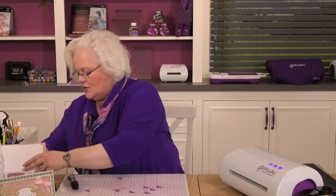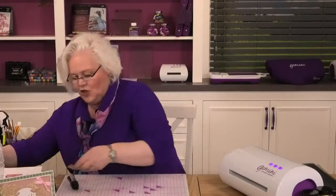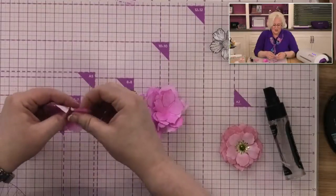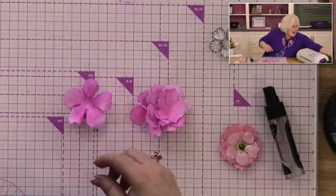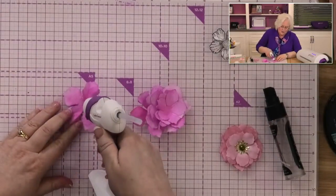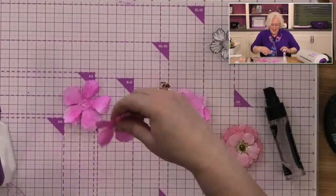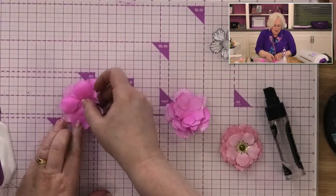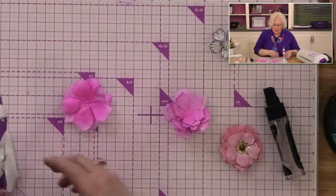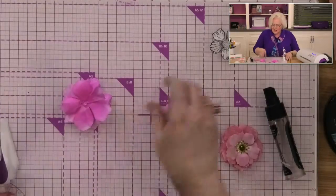So let me just grab the ones that I've done. Actually, I'll show you what I've done, then I'll show you the one which is dry. So what I would do at this stage is I would leave these to dry and then take my hot glue gun and start to assemble these. So we're just going to put a blob of glue in there and then offset. Can you see I'm just offsetting the petals so the petals are overlapping, and then we'll pop another one in the center